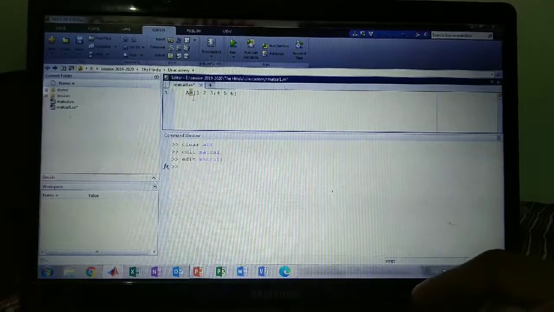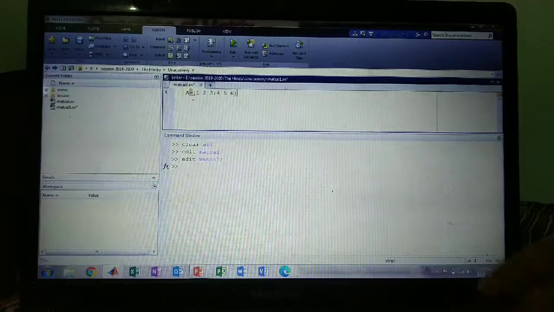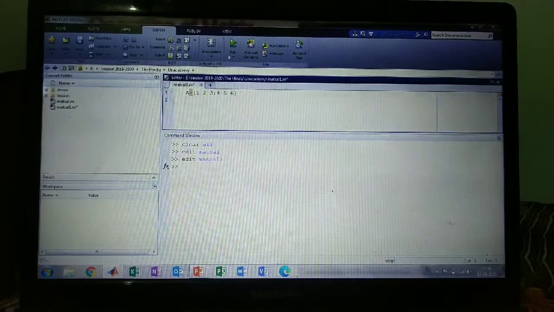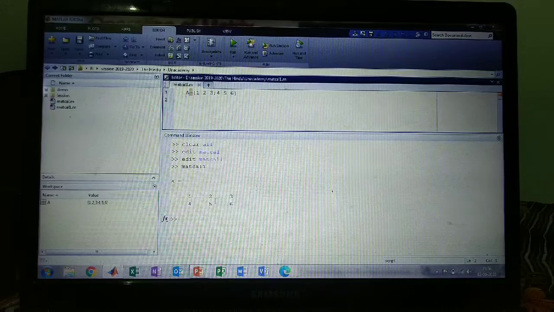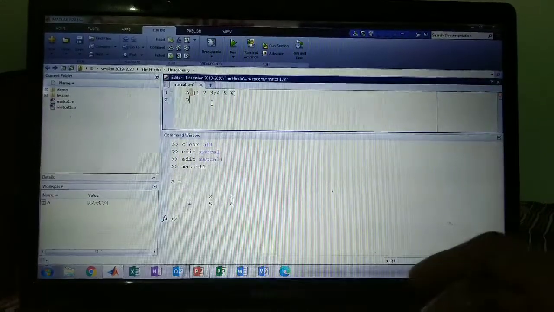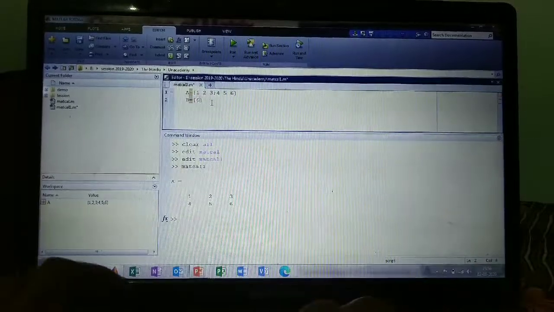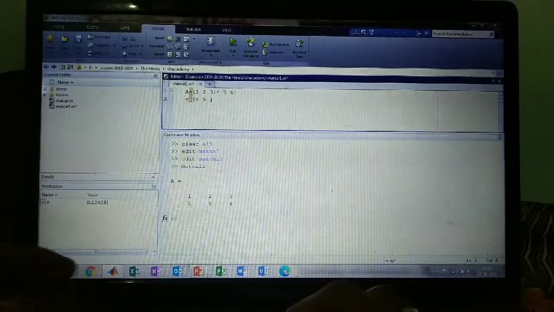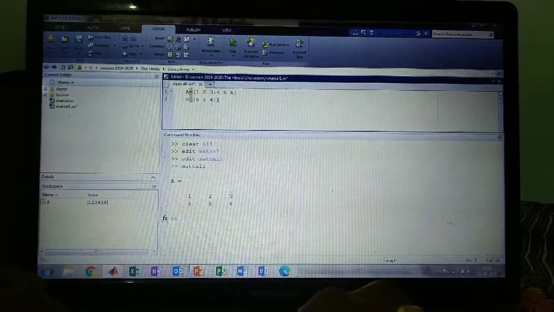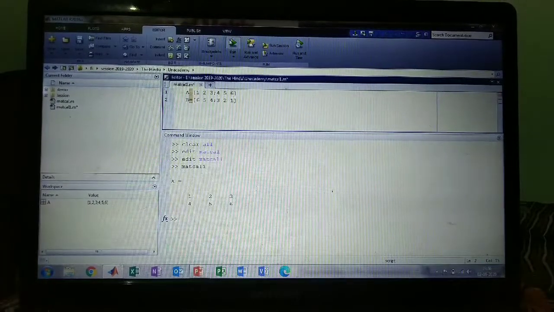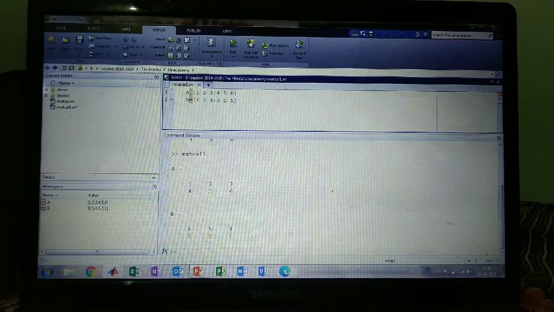The semicolon moves it to another row. Then I am going to define B. Let me execute. So A is coming: 1, 2, 3, 4, 5, 6. Similarly I will write B = [6, 5, 4; 3, 2, 1]. So I have defined A as well as B.